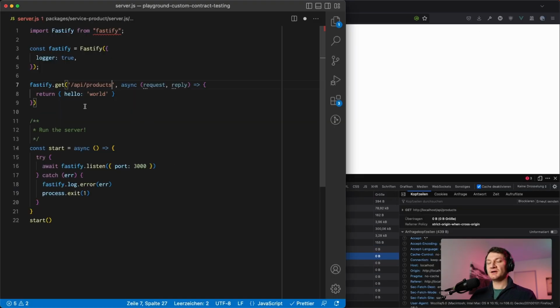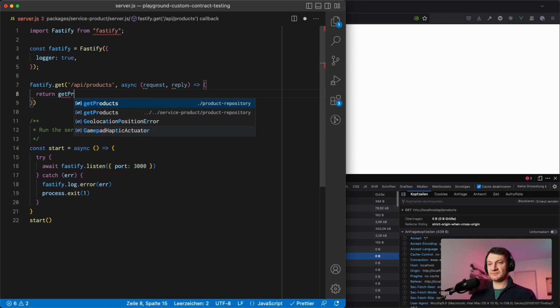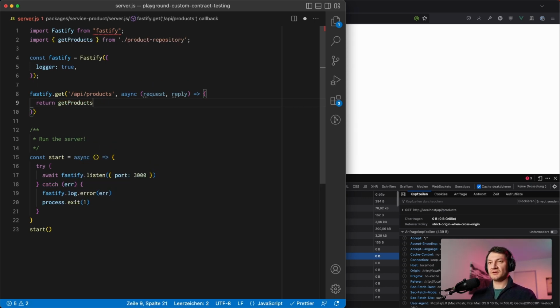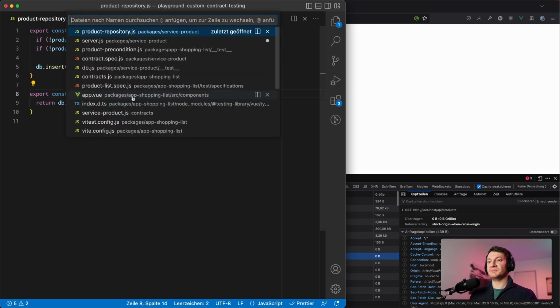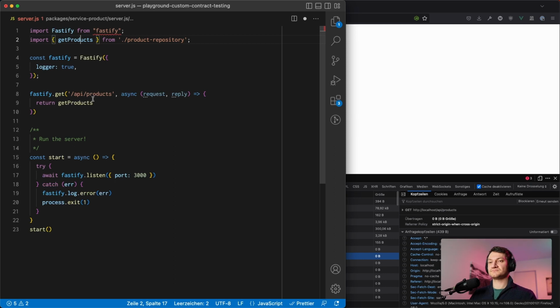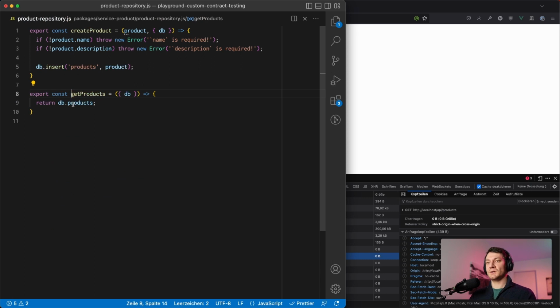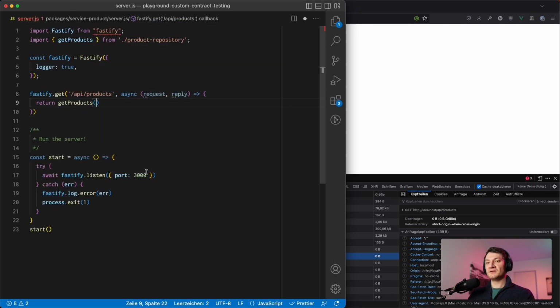Products, yes. Okay, and in here we can now use the get products. Need to provide the key, and is it async? No. So we can use, it's not very pretty,